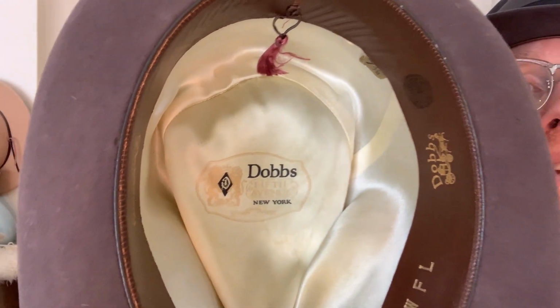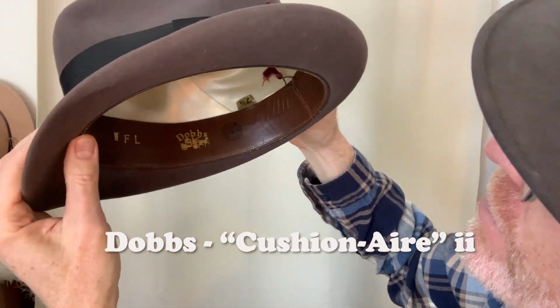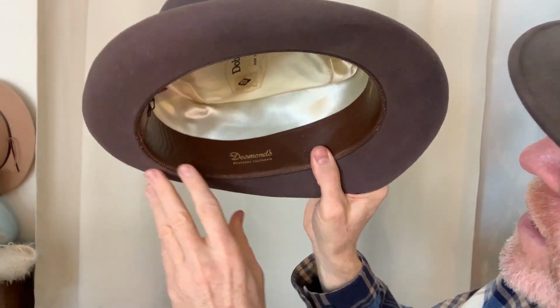Dobbs is another brand that's been around forever, and they still make hats today. I don't think Disney does anymore. This hat was called the Cushion Air, belonged to a WFL. There's your Dobbs. There's your 7 3/8, and this was sold in Desmond's